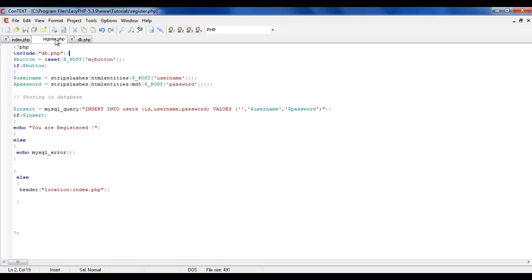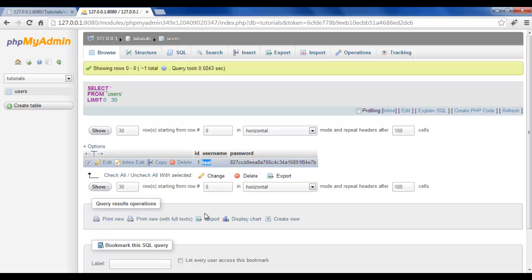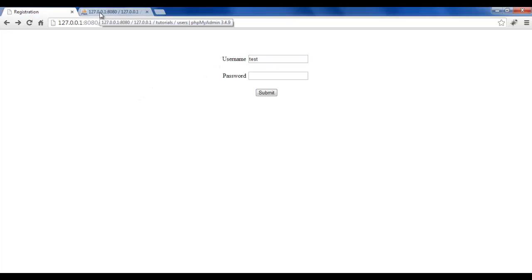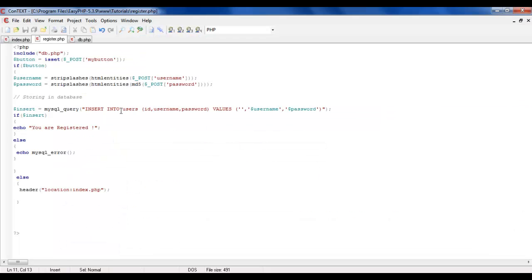Now in the register.php page, you need to add a few lines just to verify whether the user registering with your website uses the same username again. What if there's a user with the username test, and another user comes to your website and gets himself registered with the same username test? That wouldn't be possible, right? So when another user types in the same username, we would want the website to show him that that username has been taken. So in order to check that, we would firstly